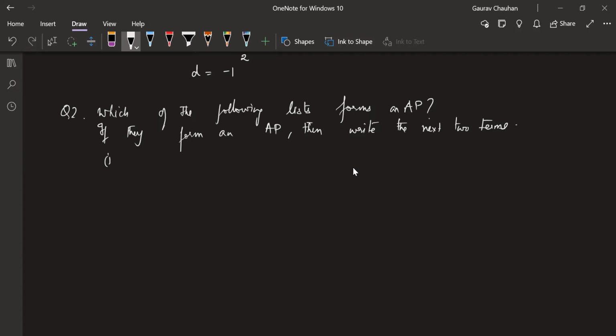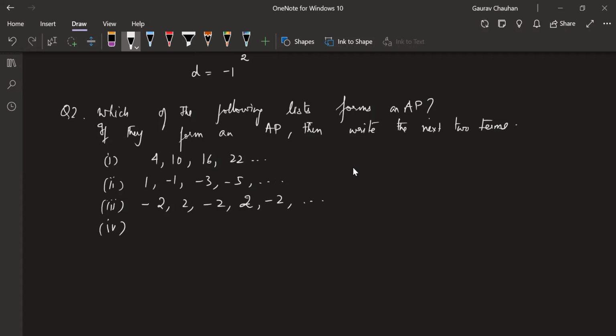Okay, the first question is simple. We're going to give 4, 10, 16, 22, dot, dot, dot. Second question is 1, minus 1, minus 3, minus 5, dot, dot, dot. Third question, I want to take down the question for now. Minus 2, 2, minus 2, 2, minus 2, dot, dot, dot.